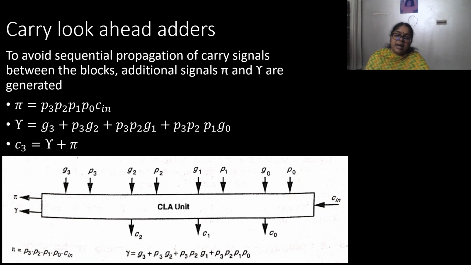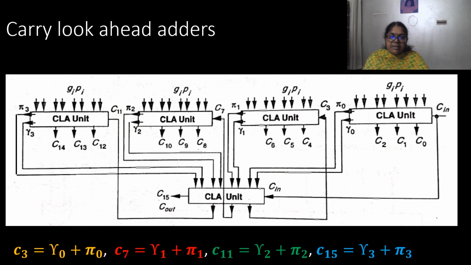Similarly, if the number of bits to be added in the carry look ahead adder increases and is greater than 4, in that case the AND gate which is used should be larger. That implies that more inputs need to be given to the AND gate. Thus, that will also cause the delay problem. So that is the reason why we have to divide the complete adder into blocks of carry look ahead adders.